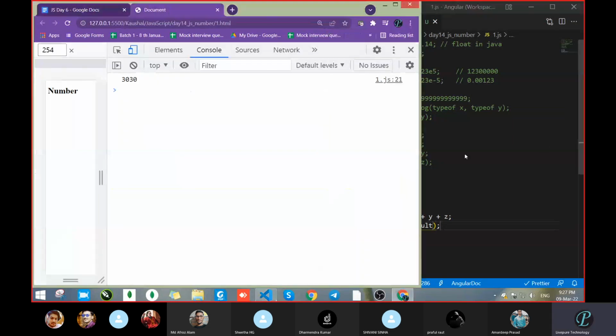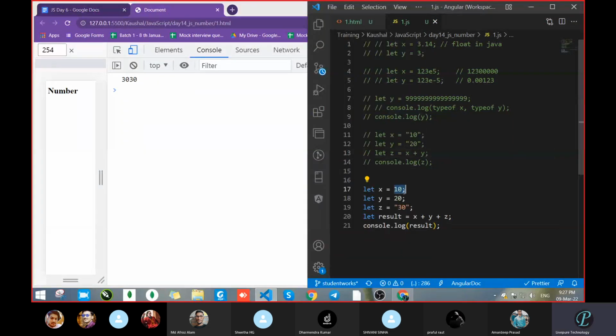See, we got 10, 20 and 30. Now it added. How did they add? They added 10 plus 20 plus 30, with the last 30 within double quotes. What will be the output? First it will go from left to right.